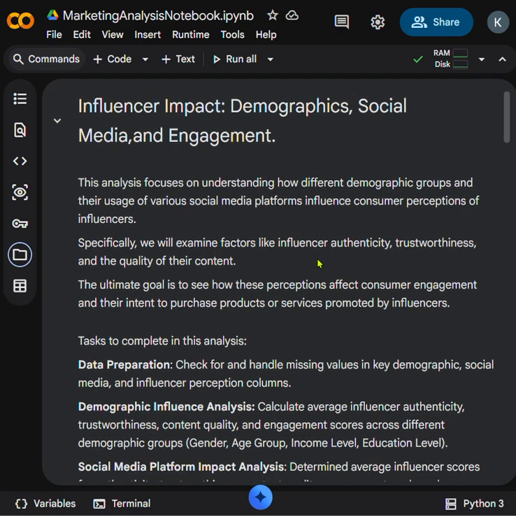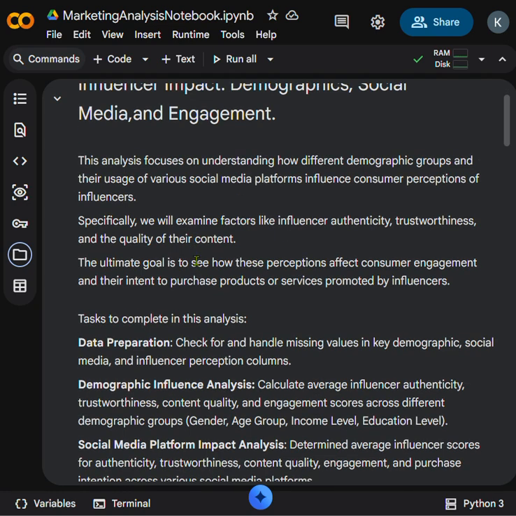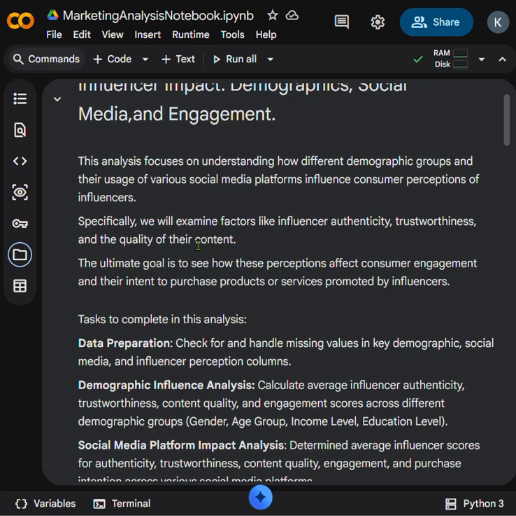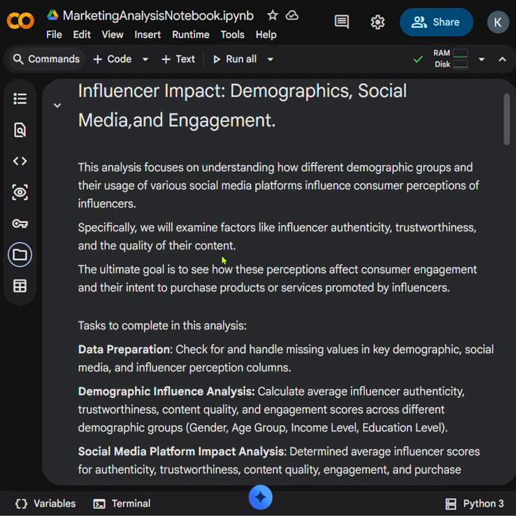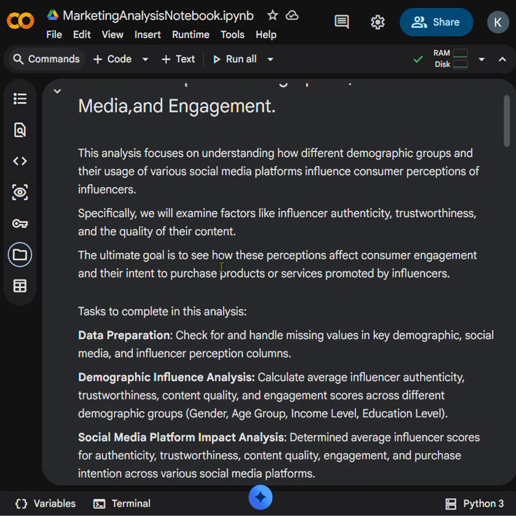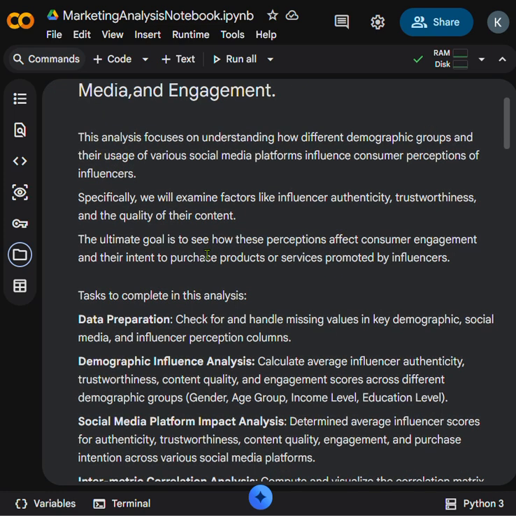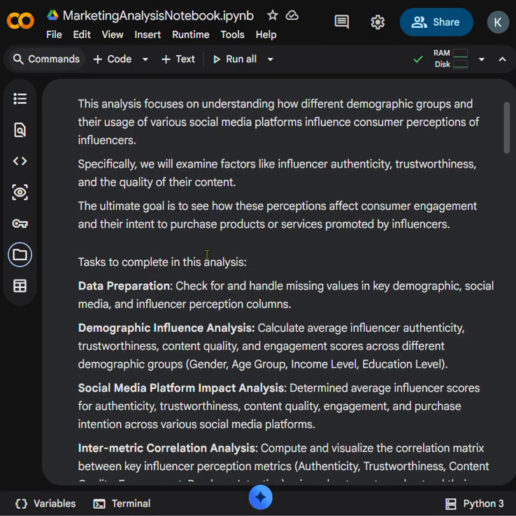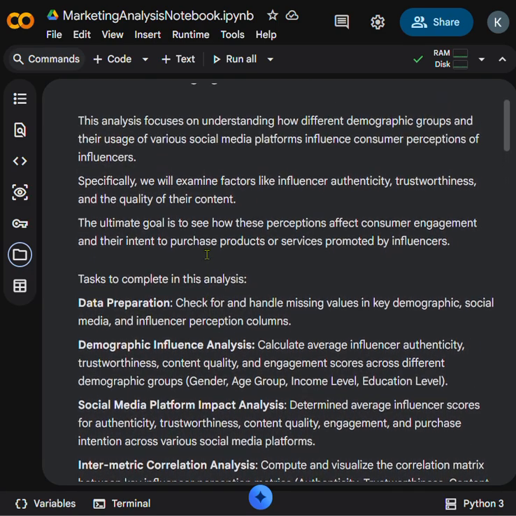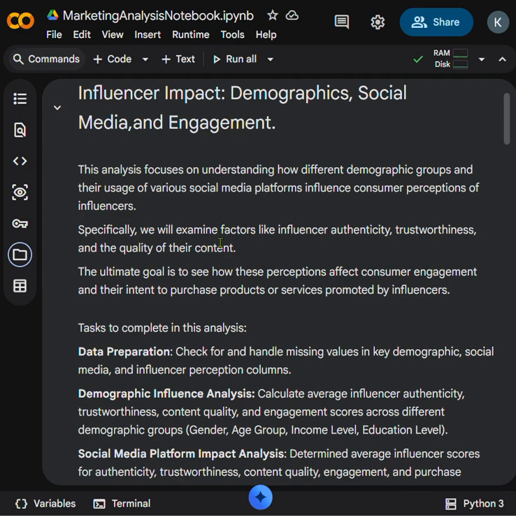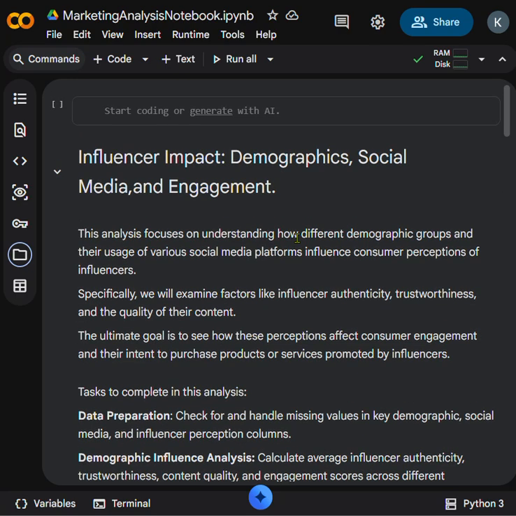For example, we have authenticity, trustworthiness, quality of content, of influencer content. And I must add that some of these meanings I had to go online to check, and some of them are inferred, based on the context of these data sets. And that's how we arrived at the meaning of these factors or these features. So I picked about 4 or 5 of them, and we are going to look at how,